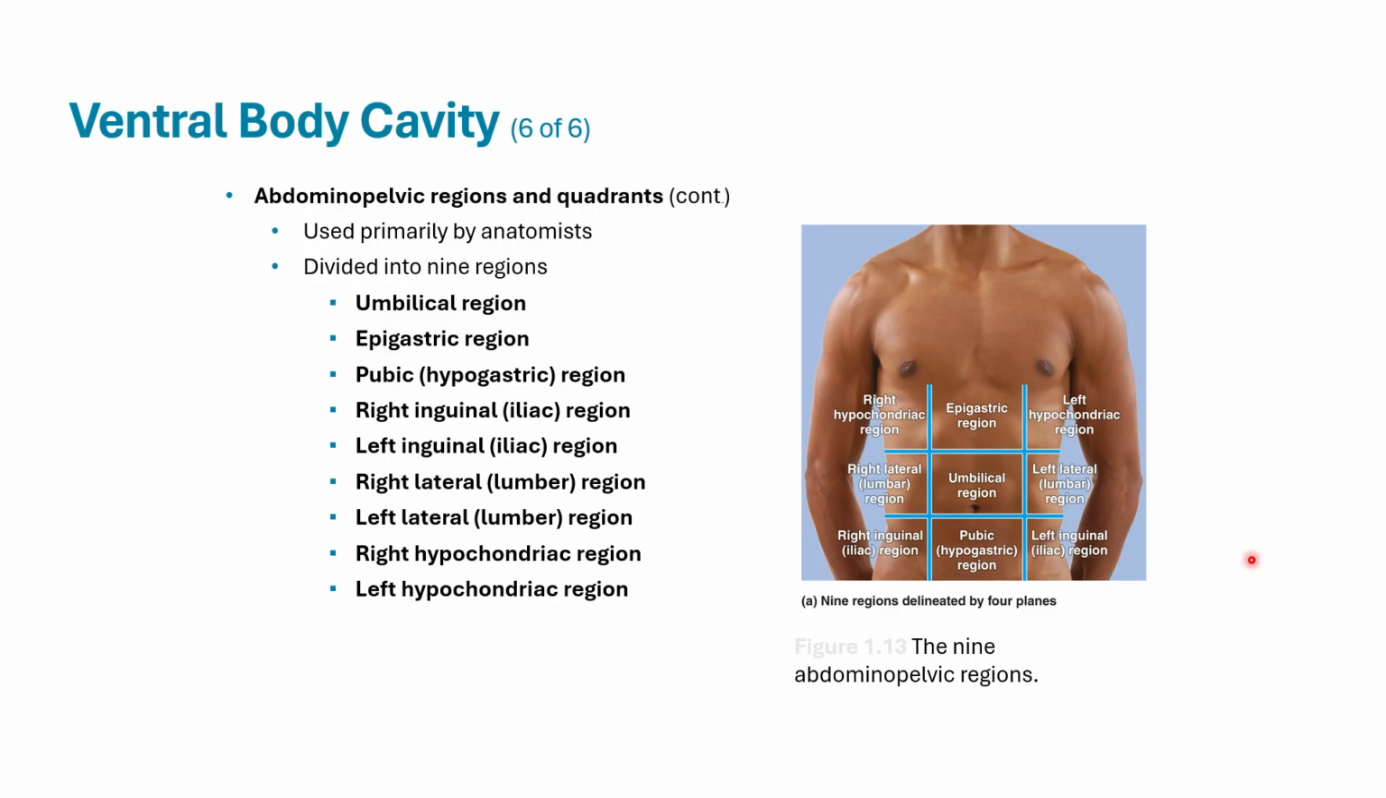Okay, so epigastric is like by the stomach. Umbilical is going to be the center by the umbilicus. Pubic is down by the pubic area. Okay, that's your center